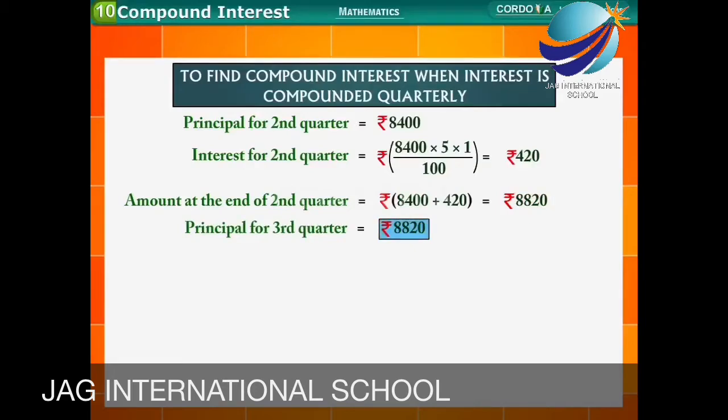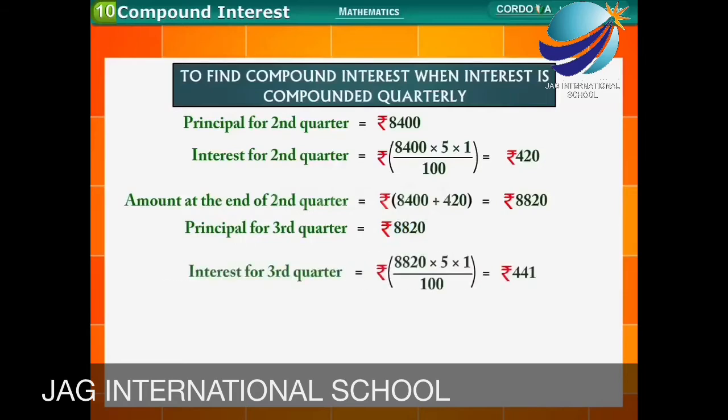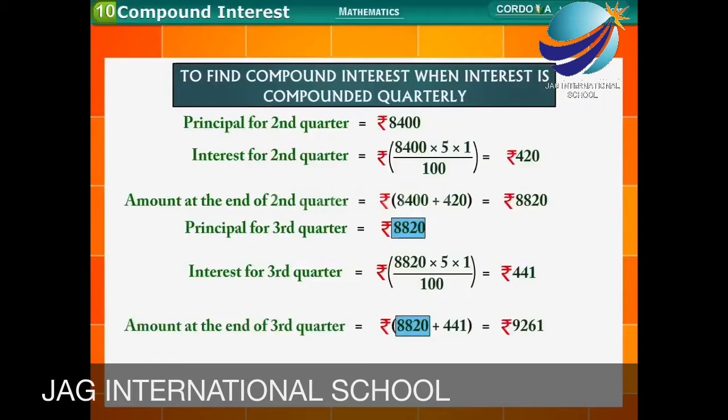8,820. Interest for third quarter is equal to rupees 8,820 multiplied by 5 multiplied by 1 divided by 100 is equal to rupees 441. Amount at the end of third quarter is equal to rupees 8,820 plus 441 is equal to rupees 9,261. Principal for fourth quarter is equal to rupees